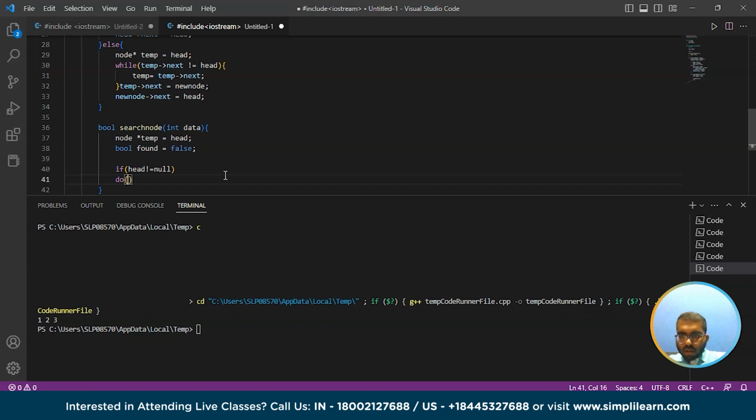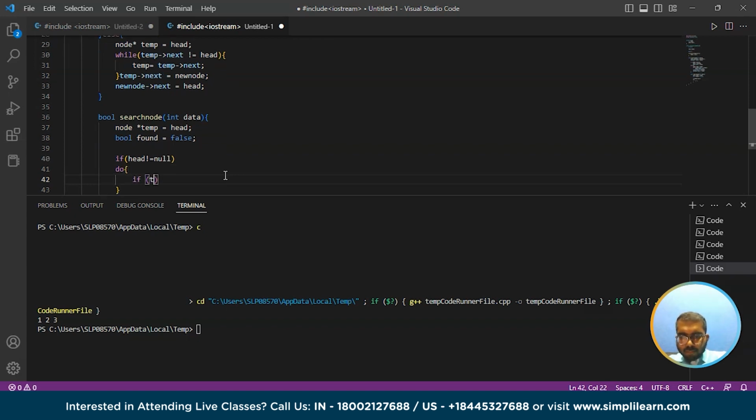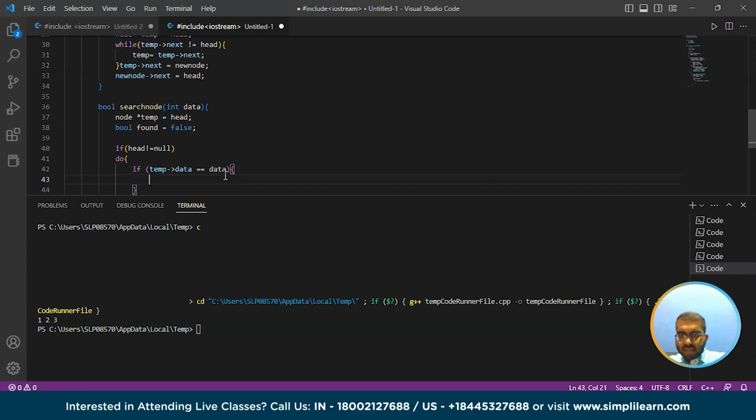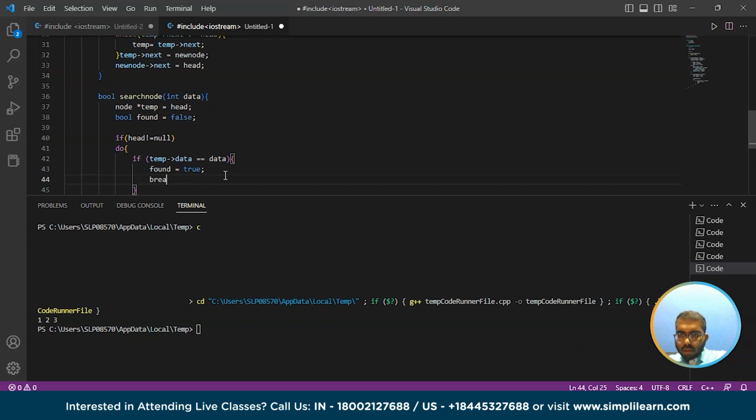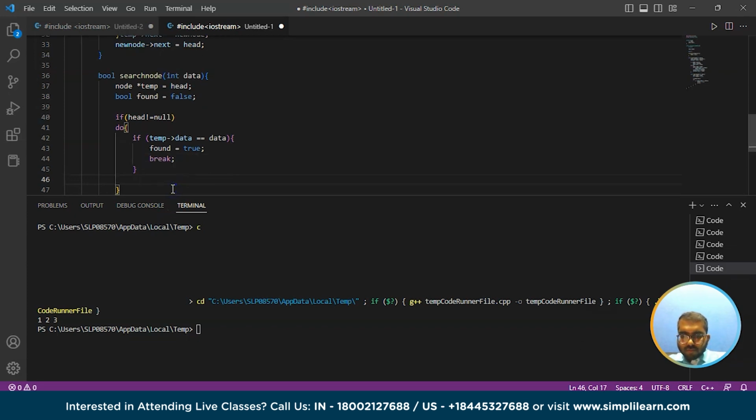Do: if temp of data is equal to the data that we are trying to find, then in such case we will say that found is equal to true, and we'll break that loop there itself. Okay, so we have to store this value. So temp is equal to temp of next,